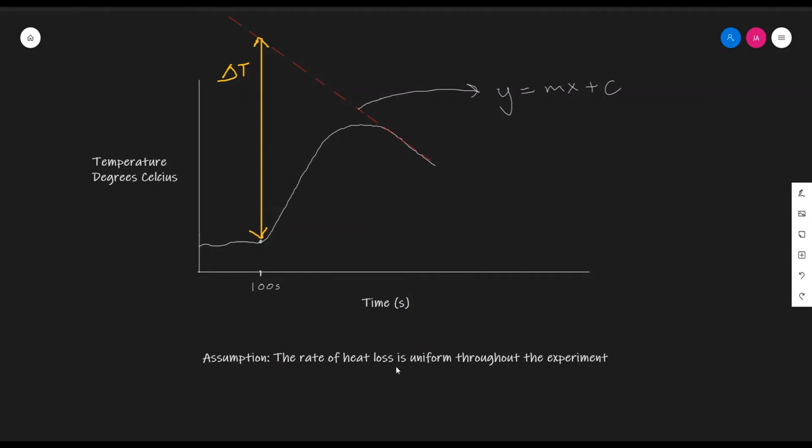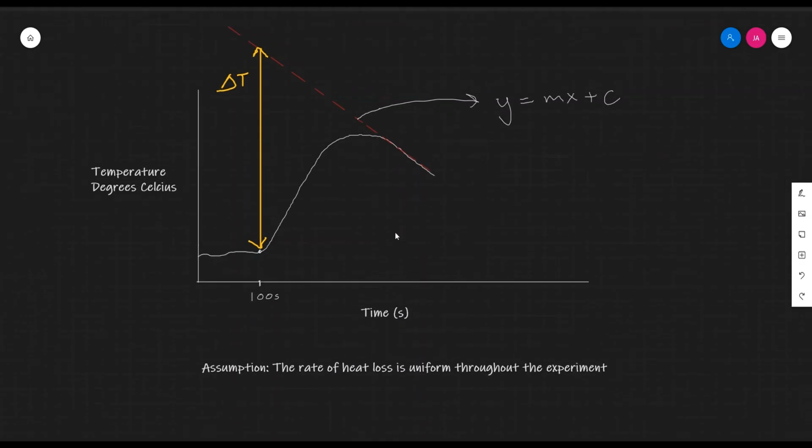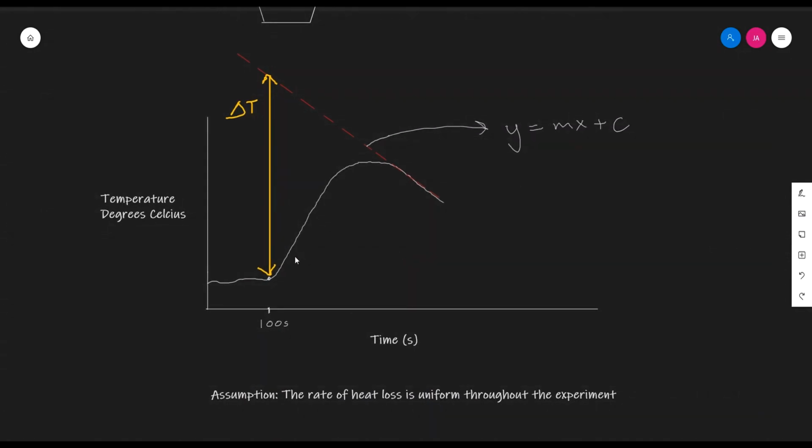The rate of heat loss is assumed to be uniform throughout the experiment, although it might not be, since initially the temperature is higher, so the heat loss to surroundings might be higher than when the temperature is lower. But we will assume that the rate of heat loss during this part of the curve equals the rate of heat loss during this second part, the cooling curve. Once the cooling curve is obtained, the data logger can be stopped. To account for heat loss,